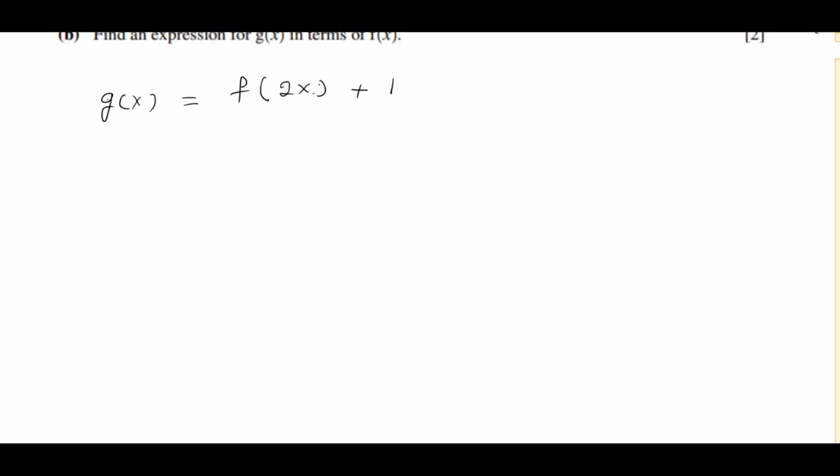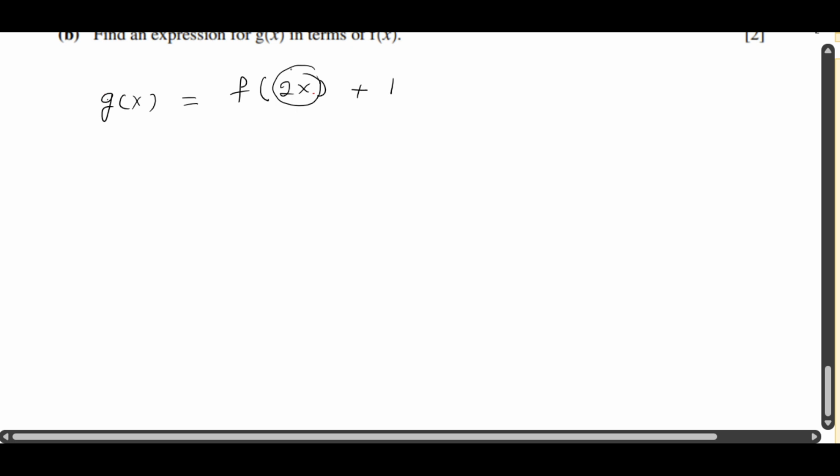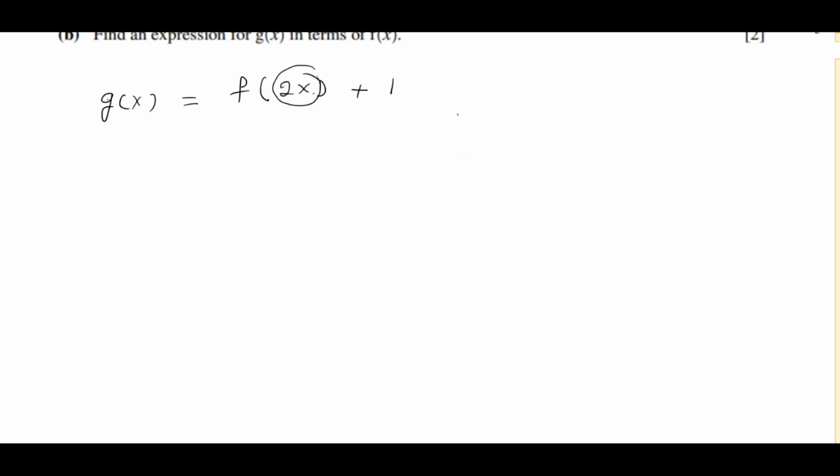See, when x is multiplied by something, there is a stretch in x, but the effect is reversed. It is multiplied by 2, so we say stretch by 0.5, or stretch by half. And this 1 which is added indicates that I am going up by 1 unit, right? So g(x) is equal to f(2x) + 1, right? Okay,